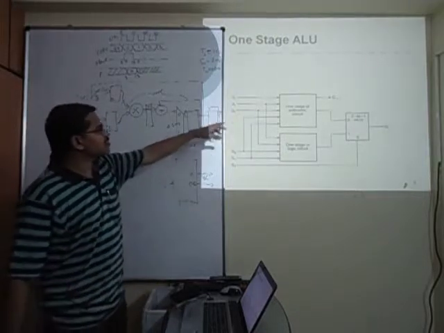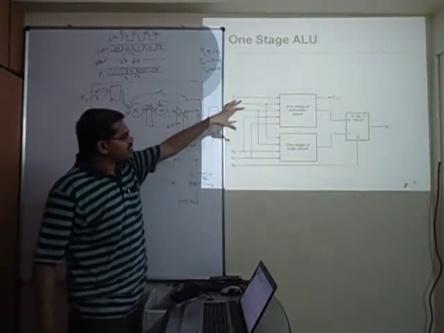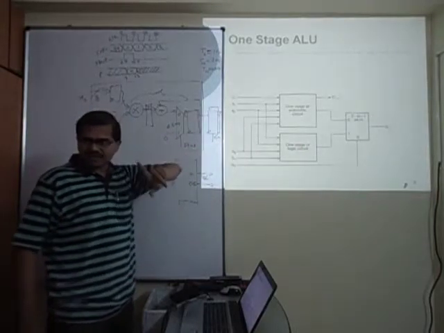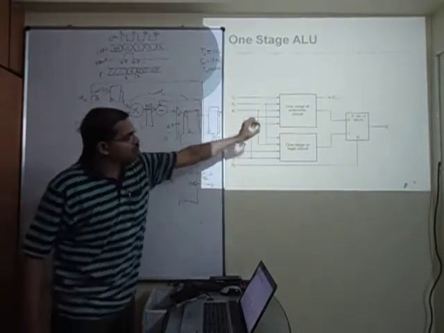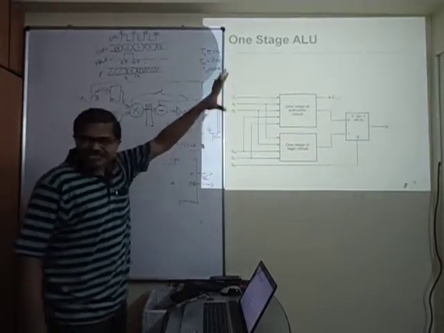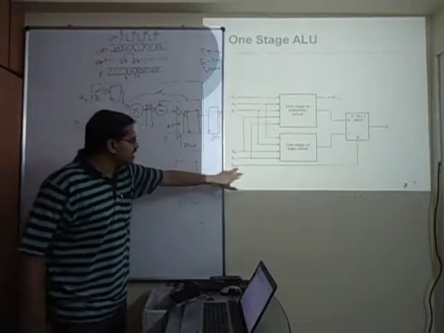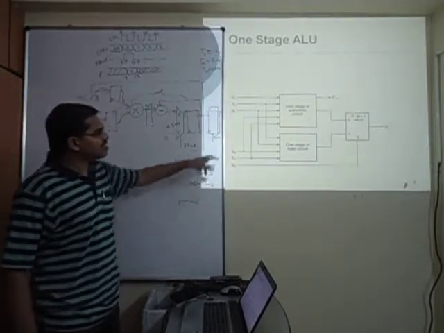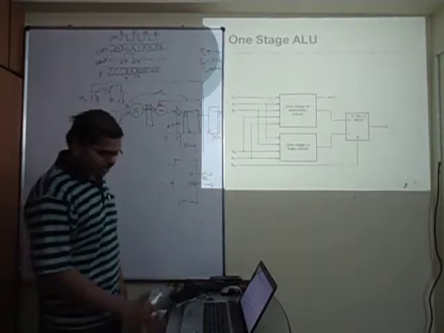Now look at this simple example: let's say you have built one arithmetic unit and one logical unit for the 1 bit case. Both of them go to a 2 by 1 mux and then the select line selects. So this total thing is the data path. The one which is generating the select line is nothing but your control, the controller.